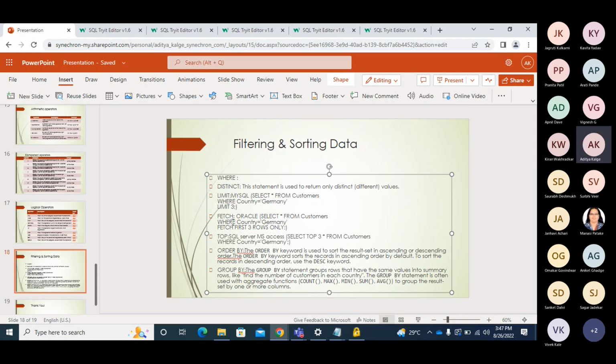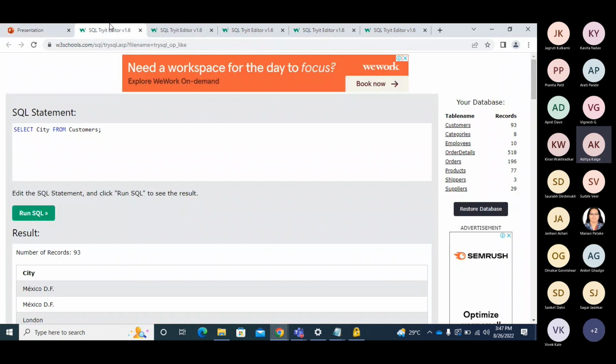And then we have the order by and group by. Order by and group by are used for sorting the data. The order by clause orders the data in ascending order. So if we need distinctivity,